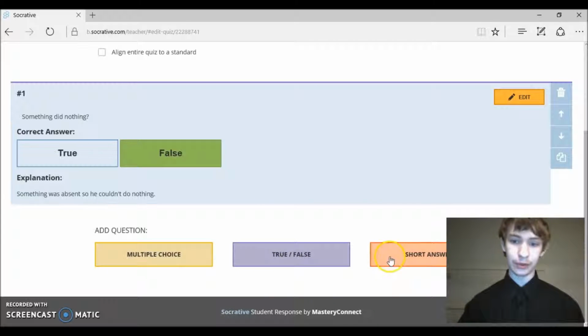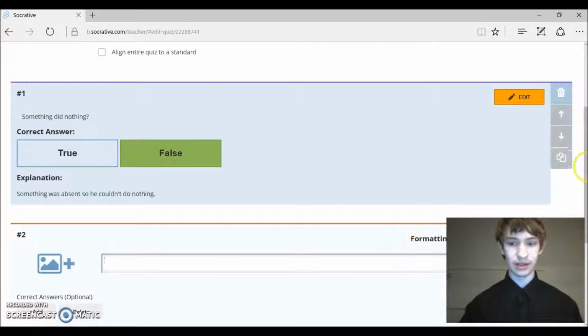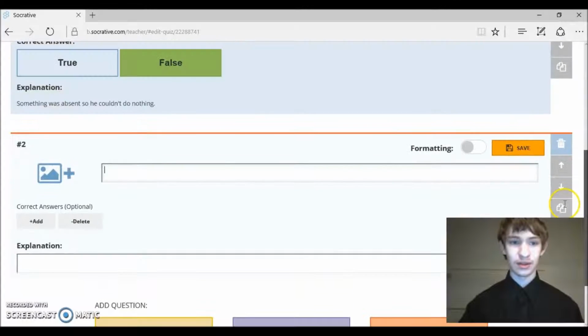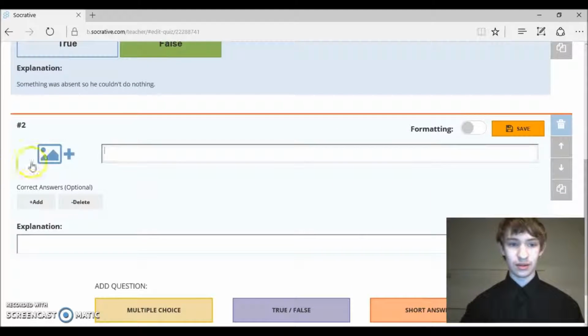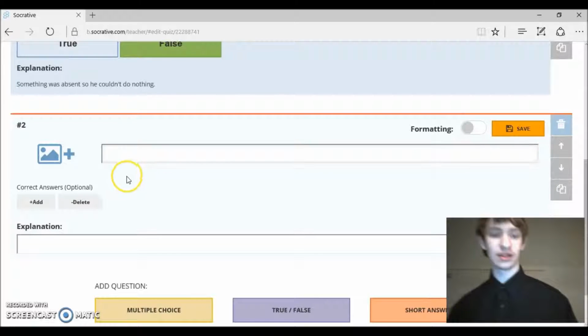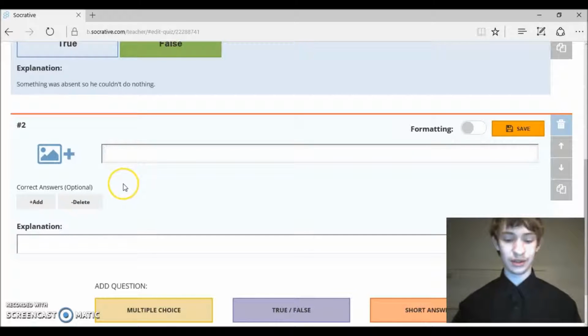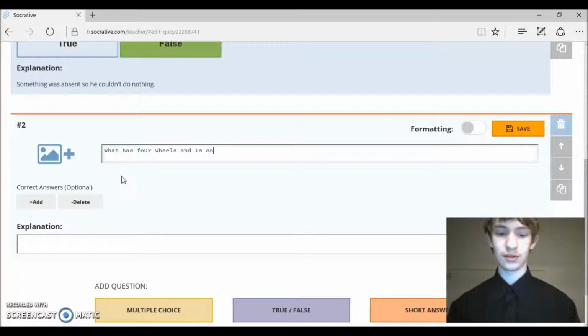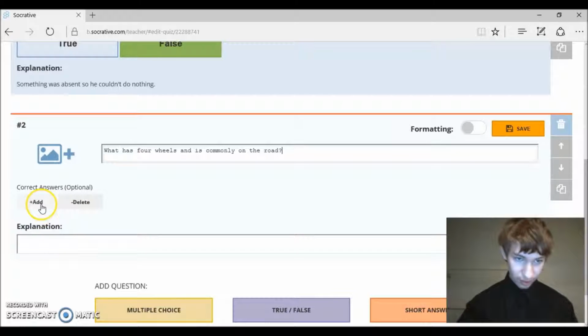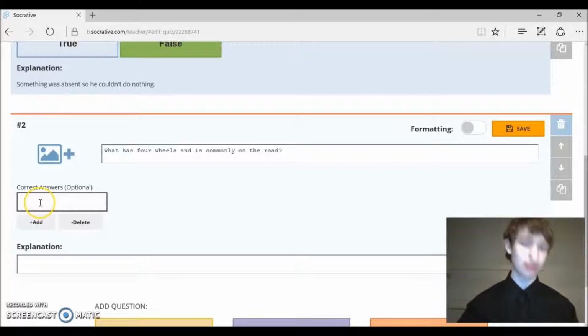We're going to just do a multiple choice because that one's the second easiest to make. And all you have to do is ask, it's kind of like true or false, just ask a question. So, what has 4 variables? And down here, you will add correct answers. So if I click Add,